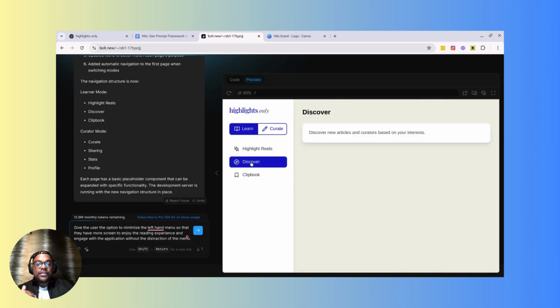because these are essentially going to be three different apps. And if you look at Discover, what we're going to do with that is going to be so interesting, because I want it to be where someone can open highlights only and they can stay in highlight reels, Discover, or Clipbook without clicking any of the other two options. And at that point, they can spend an hour in that space. I think at that point it's going to be unique in terms of a flavor, but at the same time it'll be one of those things that's special,